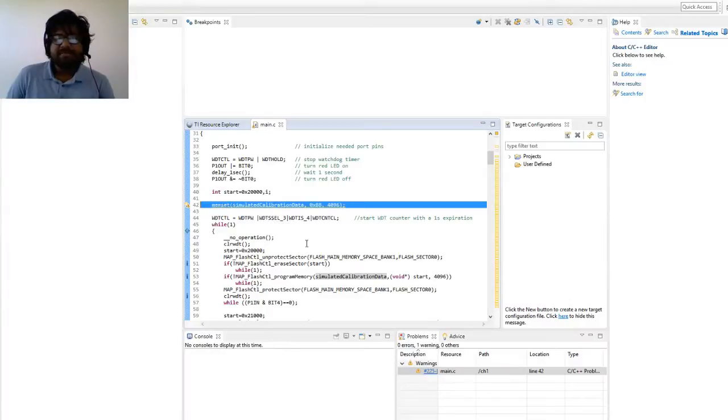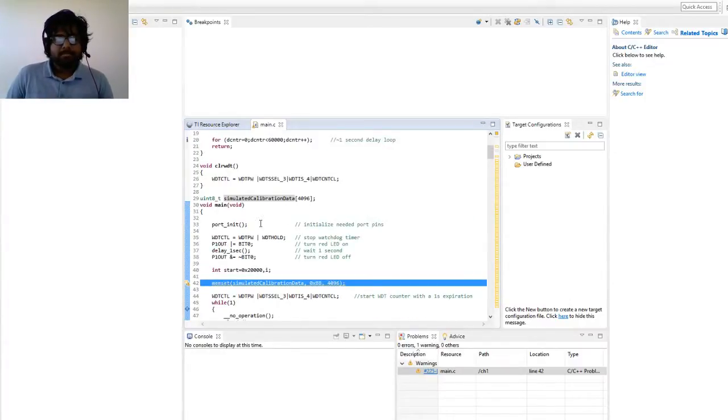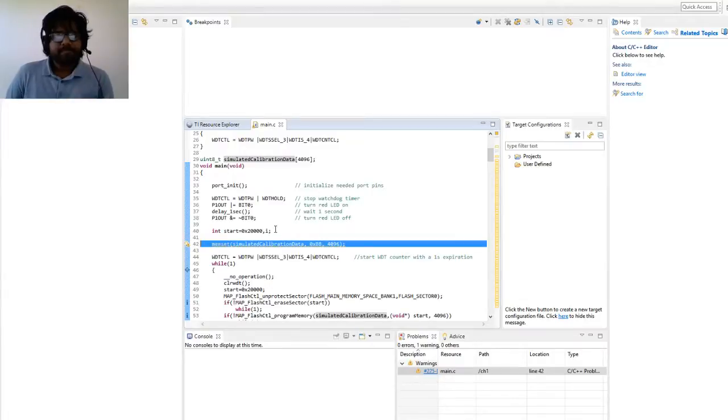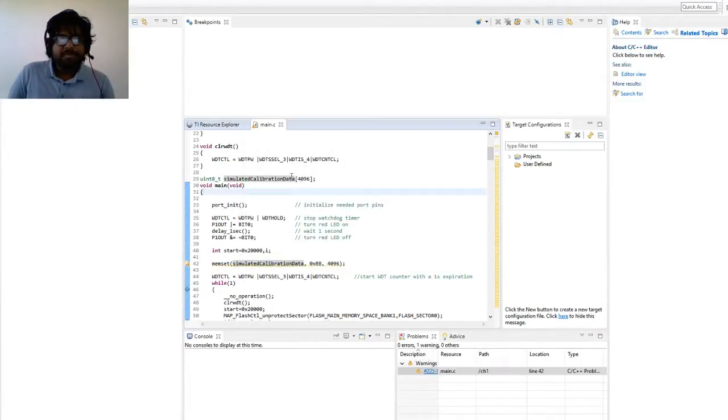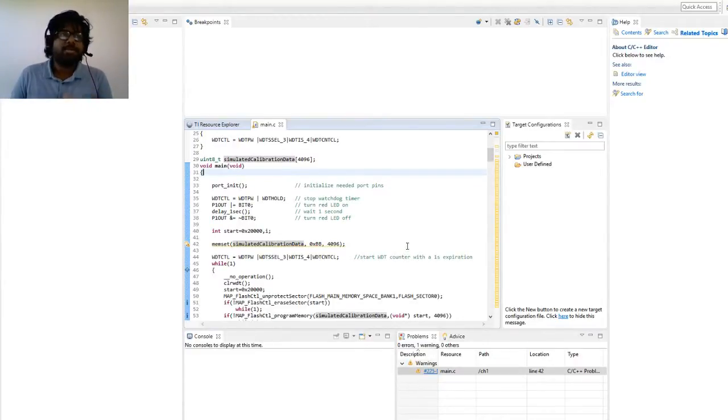What the memset function does is it takes a buffer and sets something we need into the buffer so that we can write it to the memory later. This buffer we have initialized is a buffer of 4096 8-bit variables. Why 4096? The flash on the board is currently 256 KB and we need to fill up one bank. There are 2 banks, so 128 KB, and there are 32 sectors in each bank. So 128 KB over 32 sectors equates to 4096 bytes in each sector.